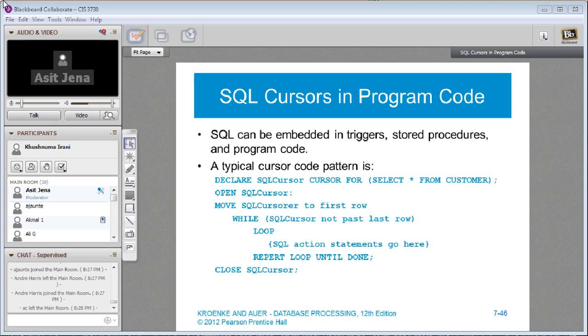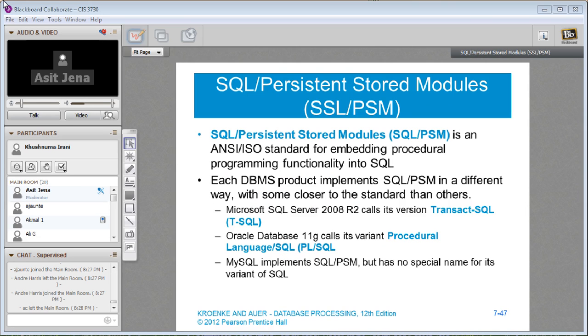If you are writing code in a program, and you write a select statement, and the select statement returns multiple rows, and you want to get each of the rows and do something with it, then you put it in a cursor, and then you go in and read the cursor and get one row at a time. That's pretty much as much as you would like to know about cursors.